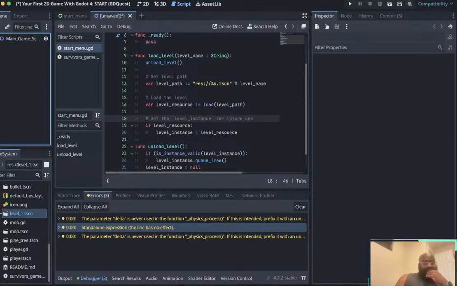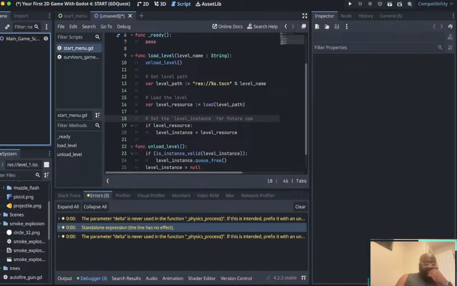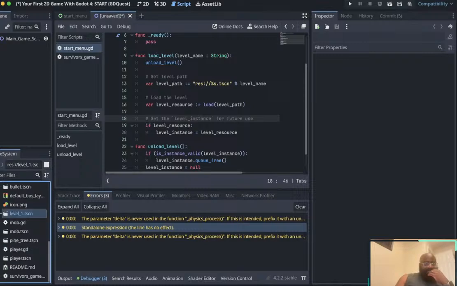And then let's load this level into it, which is the main screen. Where the heck did I just save that thing to? I know I saved it. Oh, I saved it to start menu. Yeah, let me move that. Oh, I haven't saved it yet. So yeah, that would go in there. But this needs to